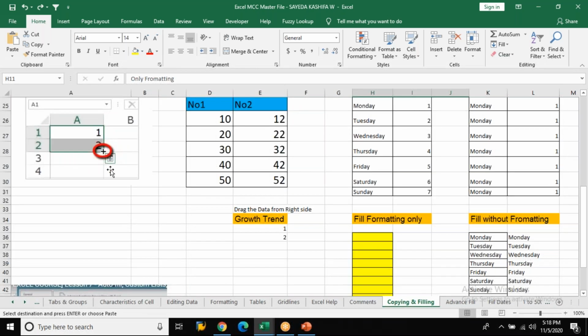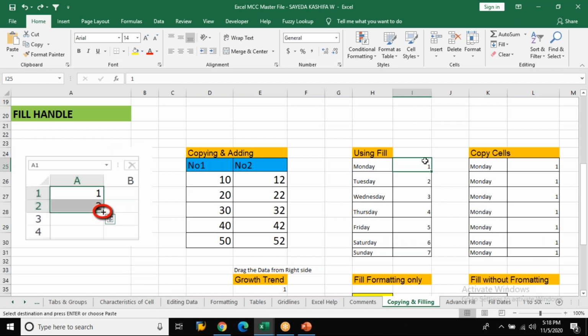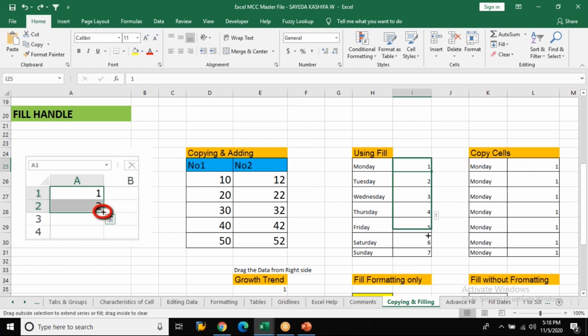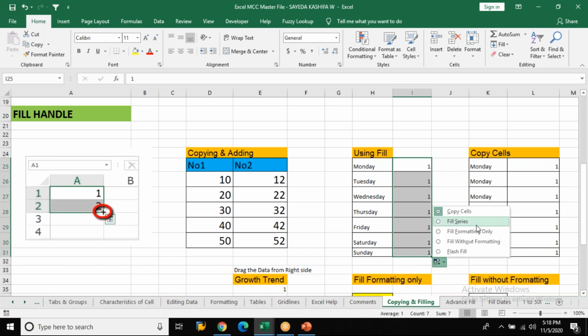And you know what a fill handle is? When I drag it, there are two types of it, right? If I click and drag it, then you have two types. One is copy cells and the other is fill series. What is the difference between copy cells and fill series? They might ask. You should be in a position to answer. Can you tell me what's the difference between copy cells and fill series? Anyone?